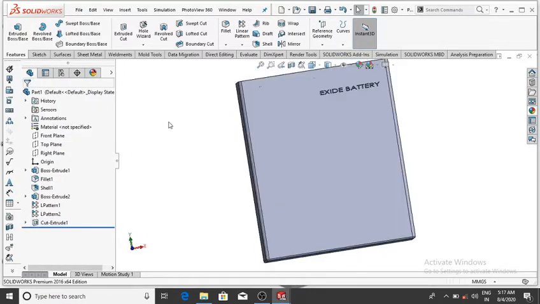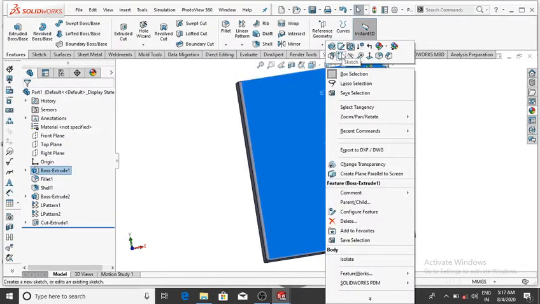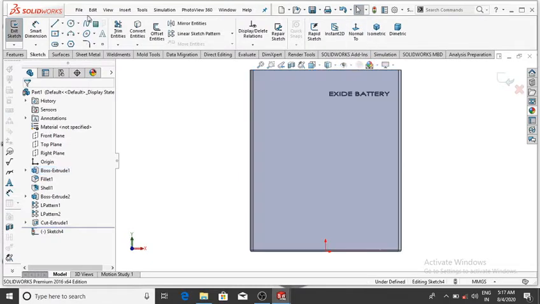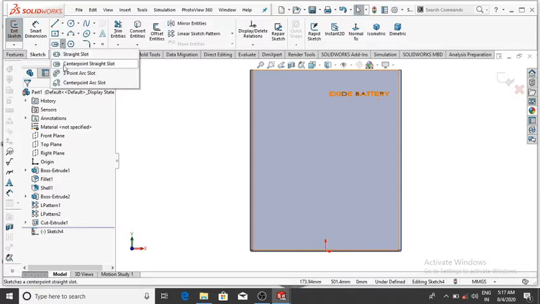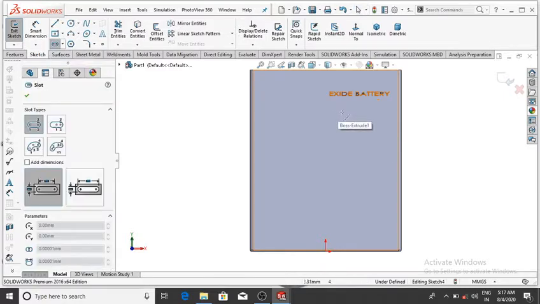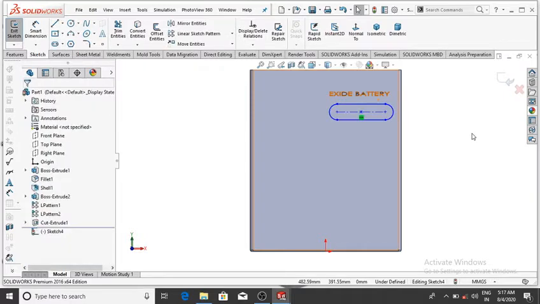And again select this face, right click, sketch, then normal, and now we make the straight slot. So select the straight slot and make the straight slot up to this, then OK.